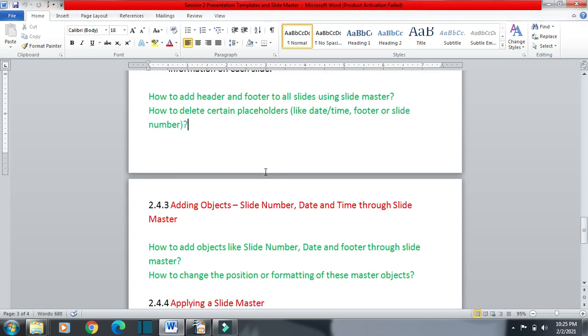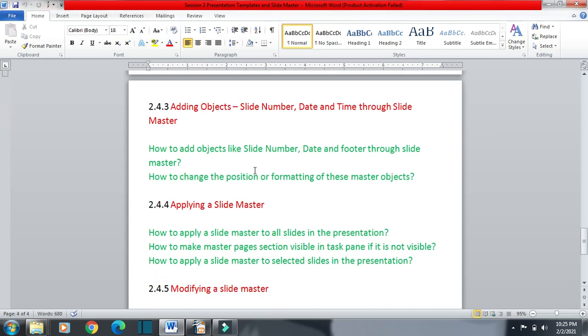So what happened actually? So topic is adding objects. The objects are slide number, date and time, and how can we do this using slide master? So the topic is how to add objects like slide number, date and footer through slide master.